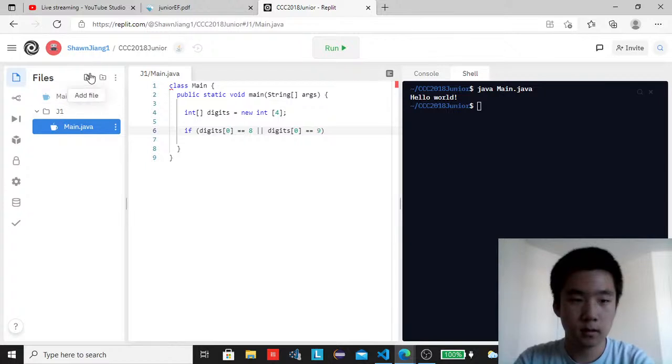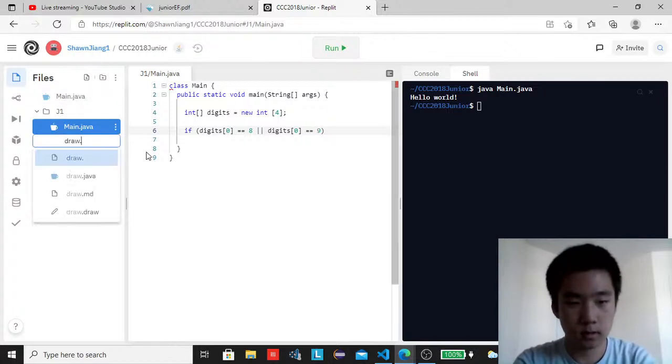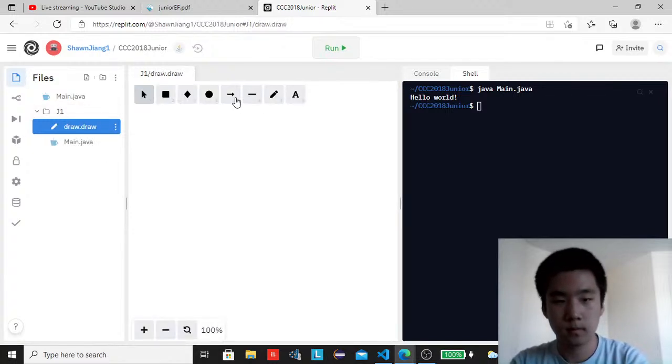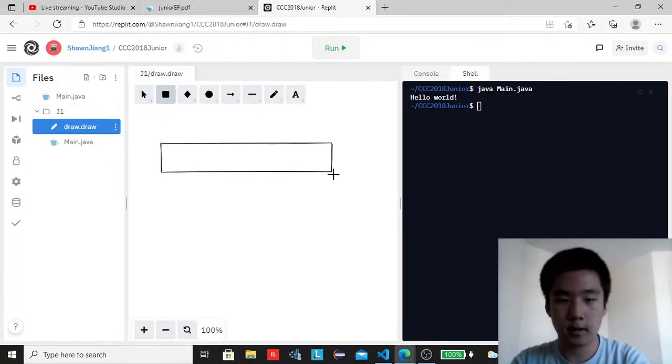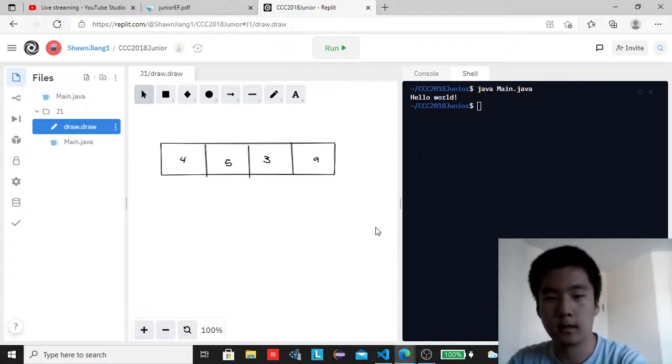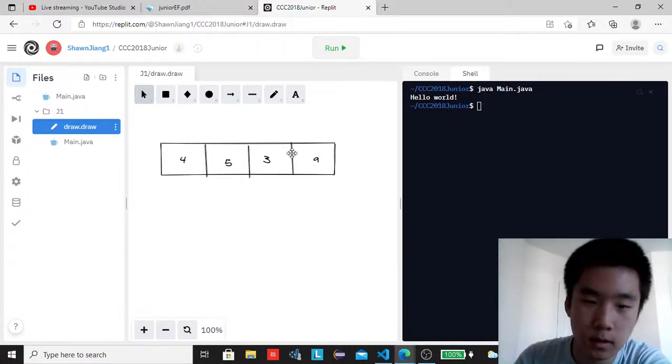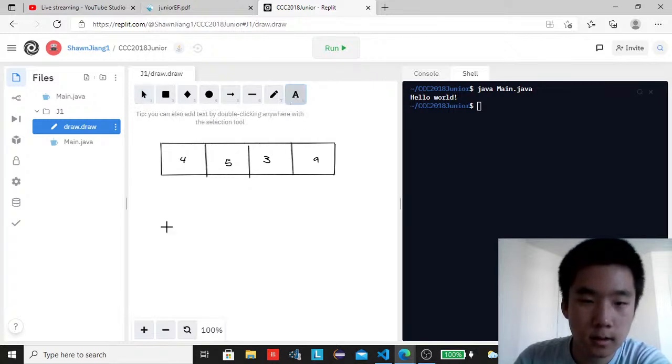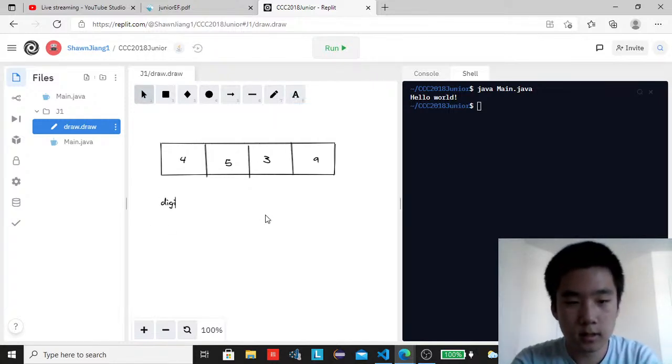Let's create a new drawing. So let's visualize this array really quickly. We have 4 integers within this array. Suppose we have the values 4, 5, 3, and 9 as the 4 final digits of the array. When we call this using digits